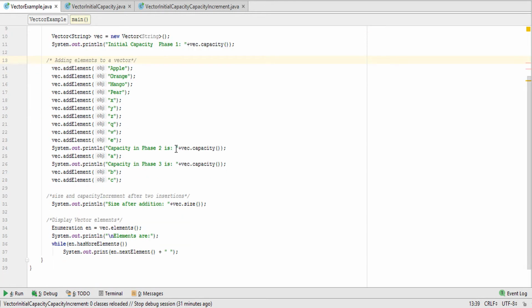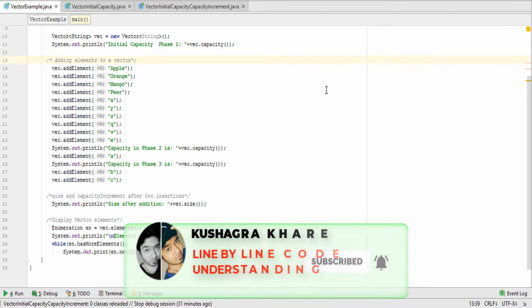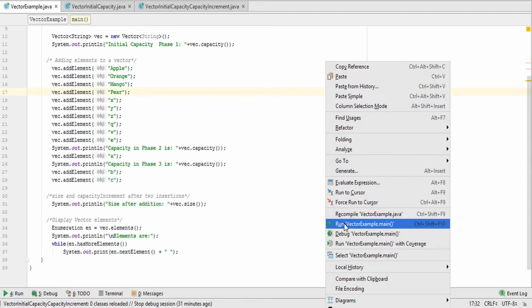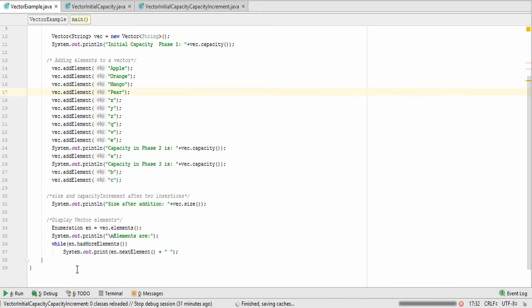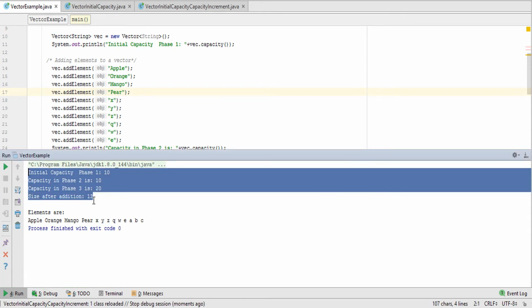I will show all that thing in the programmatical way with the help of dry run. First of all, if I run this code, it will give you the output in seconds.